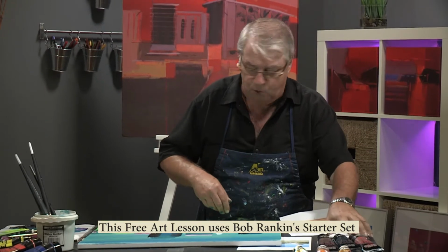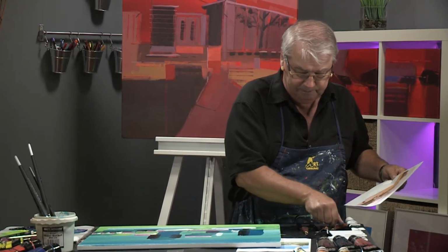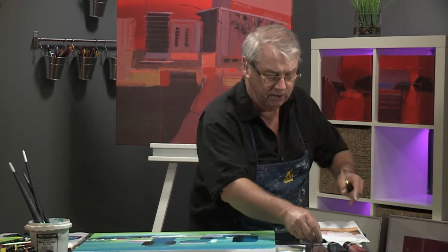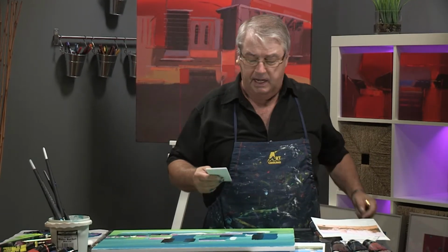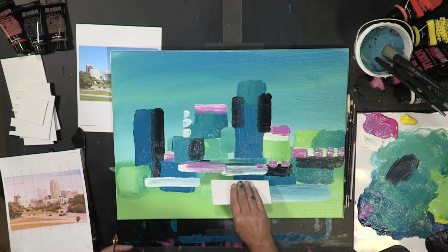I've taken foam core. You can use, of course, the palette knife that we're going to be using for part of this. But in addition to it, for some of the really long areas, and I'm going to start off with that, you can use any cardboard around the house, mat board scraps if you're an artist that you might have chosen in the past. I love foam core because it's really rigid, and so what I'm going to do is bring this down